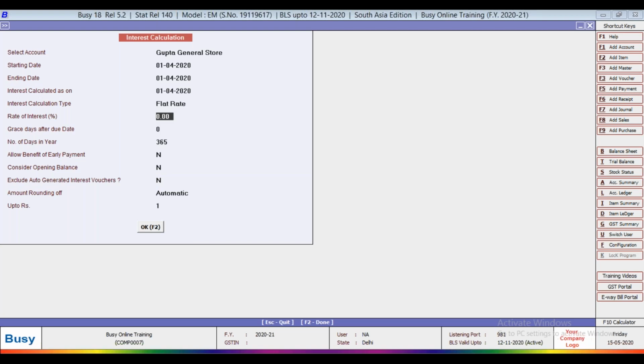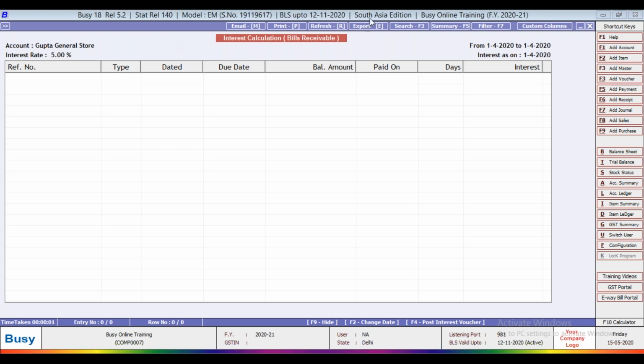Whether you define the rate of percentage in master or here, you can define the rate of interest; both options are available. I have not defined the rate. Just a minute.